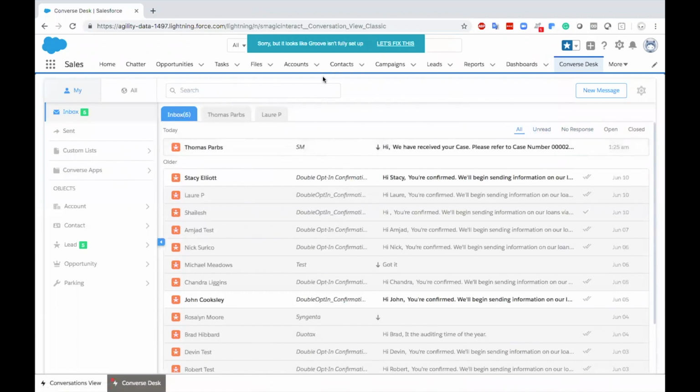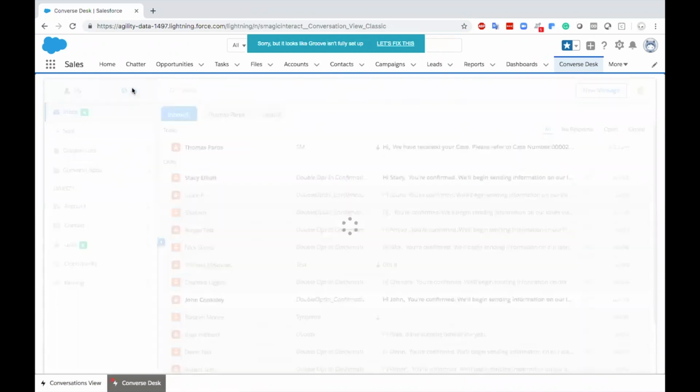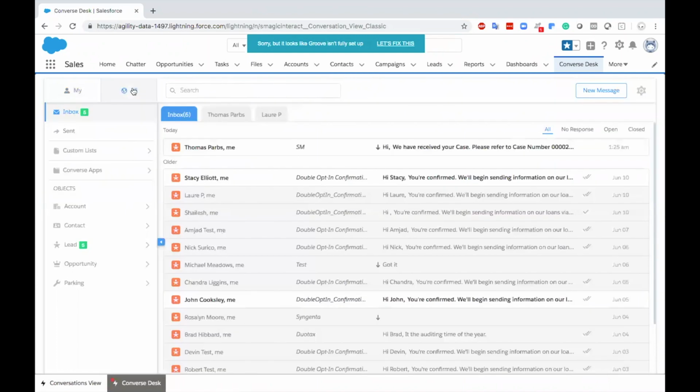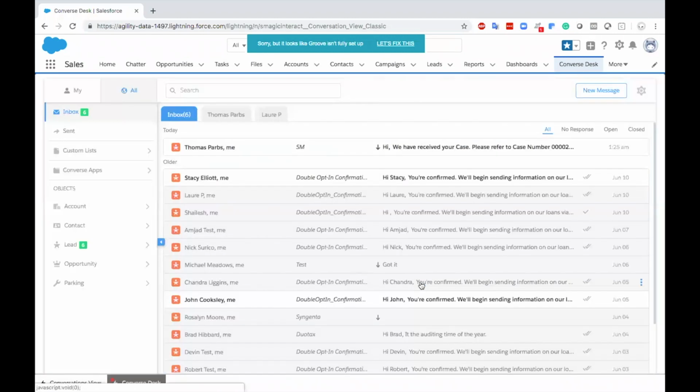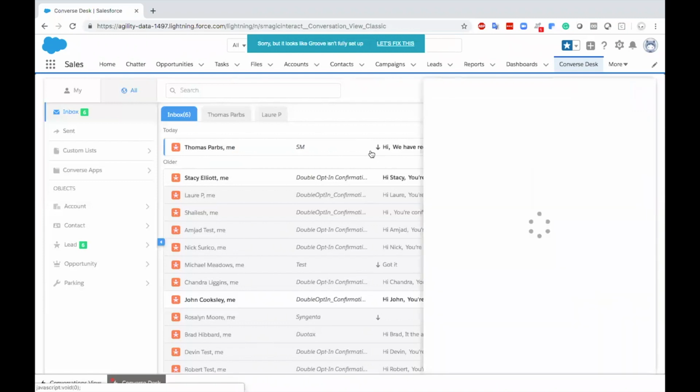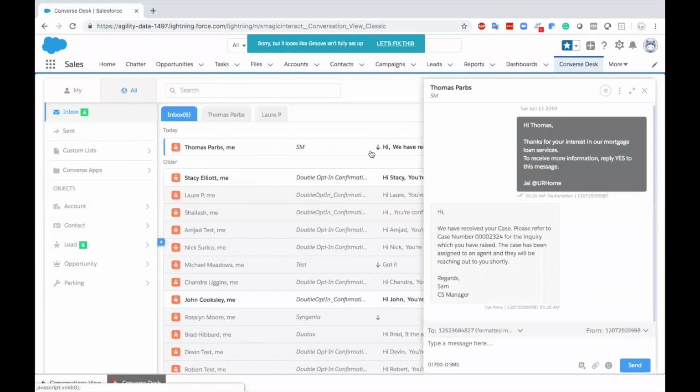Now, moving ahead, we have two sections given over here. The first section talks about all the conversations related to me as a sales rep. And there's a second inbox, what we call the global inbox, which is for the managers or for the admins to monitor all of the conversations related to the team members. So in case one of my team members is not present for a day, I can simply assign this conversation to a different person based on their availability, or else I can jump into that conversation and reply back to that incoming SMS on that person's behalf in case they are not present.